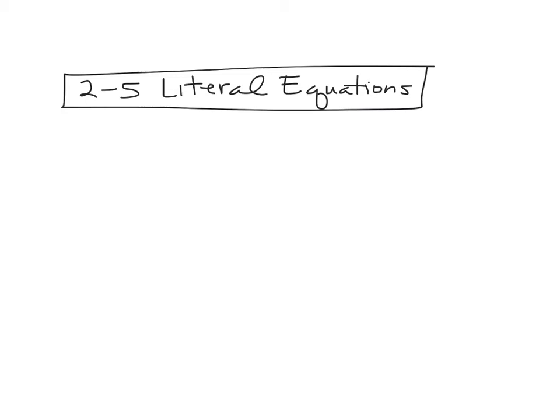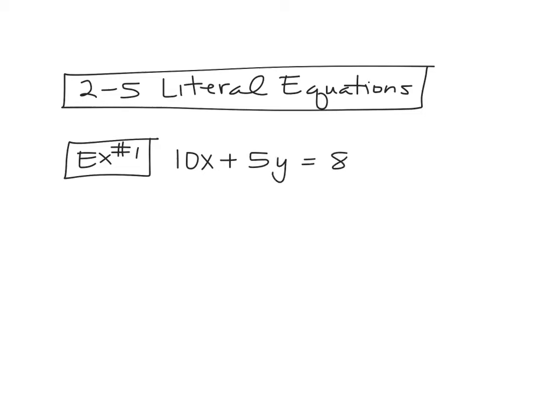So literal equations are equations that are going to have more than one variable, so 2 or more variables in the problem. And what we're going to do is have to figure out an answer to those more than one variable problems. So for our first one here, it's going to say we have 10x plus 5y equals 80,